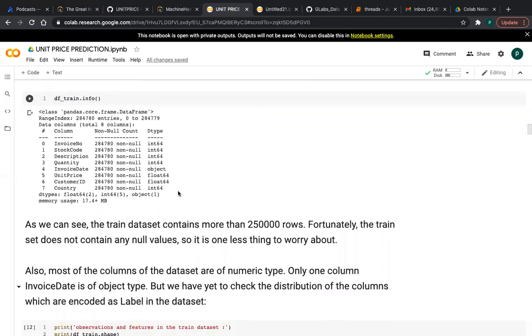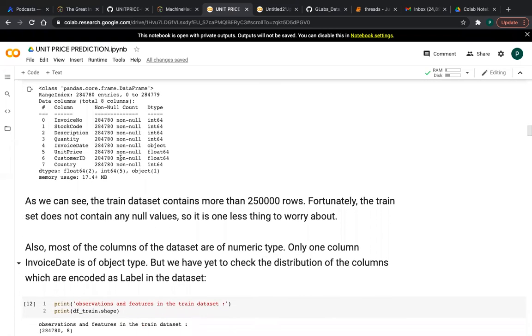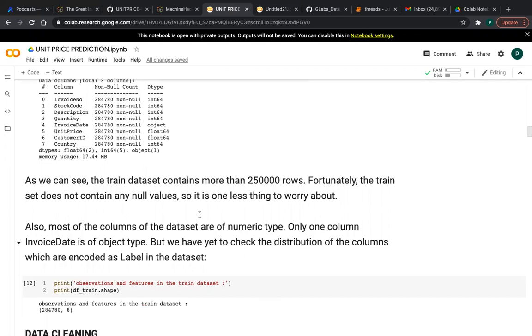And this is the description of the data set, what I observed. As we can see, the train data set consists of 2,84,780 rows. Fortunately, there are no null values, friends. Most of the columns are numerical type. Only one column, invoice date, is object type.